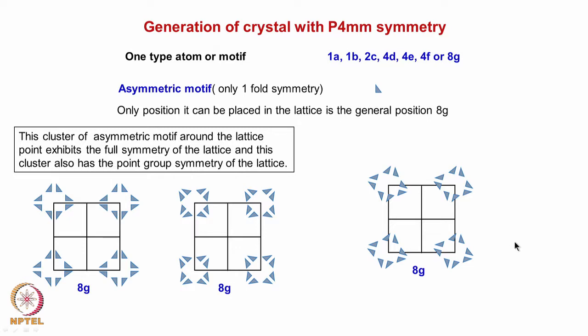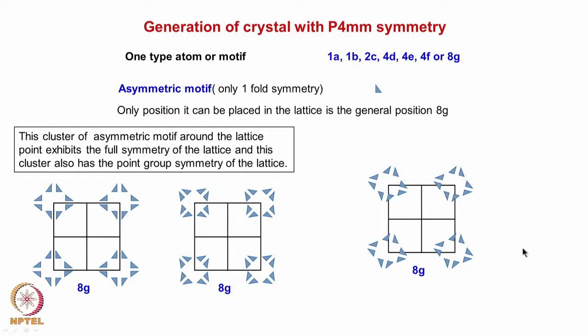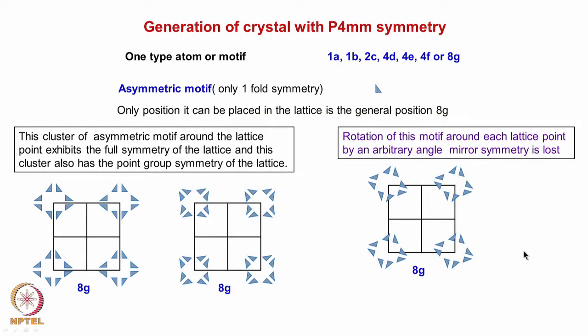The sphere has an infinite symmetry associated with it, right. If you put the sphere around a rectangular lattice, it exhibits only the symmetry of the rectangular lattice, correct. If you put it around a square lattice, it will exhibit the symmetry of the square lattice, correct. Though the sphere has an infinite symmetry, that symmetry is not what is being exhibited, because the symmetry which the crystal exhibits is the symmetry element common between the lattice and the motif which we are keeping in.